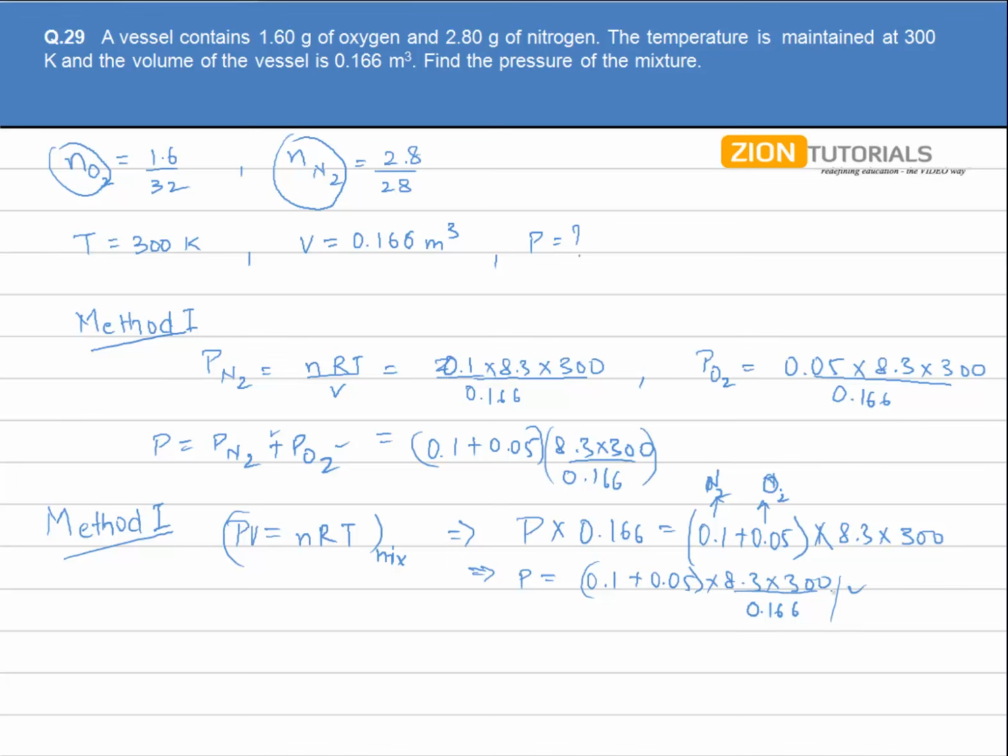So basically we are getting the same answer by the two approaches, but the only difference is the difference of thinking and the difference of approach. So from both these values, you will get the value as 2250 Newton per meter square. So this would be the